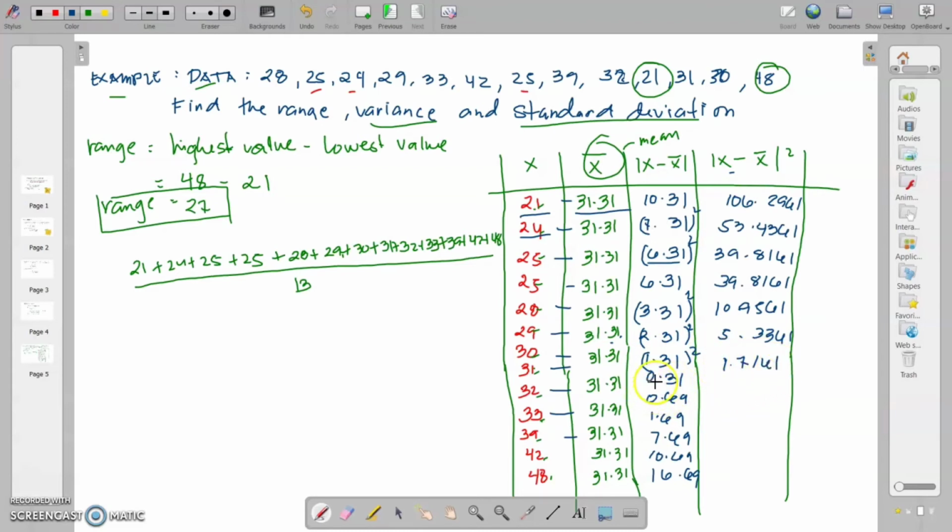Next is 0.31 squared equals to 0.0961. Next is 0.69 squared, magiging 0.4761. Next is 1.69 squared equals to